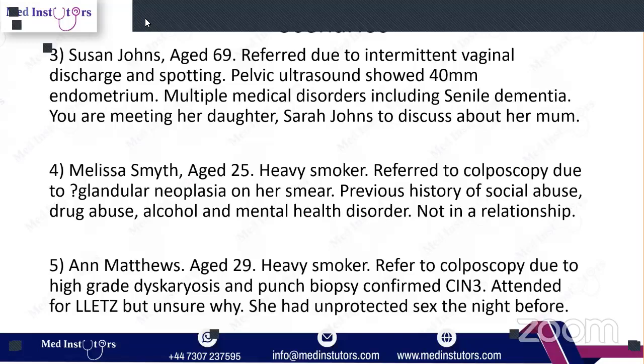If any unprotected sexual intercourse happened three weeks back, then before the procedure we will check your pregnancy test. Okay. But it happened last night. Okay, so from last night, we will check your pregnancy after 3 weeks. So what we can do is offer you this procedure, because at this time you are having CIN3 changes. So it's very important that we should not leave it.